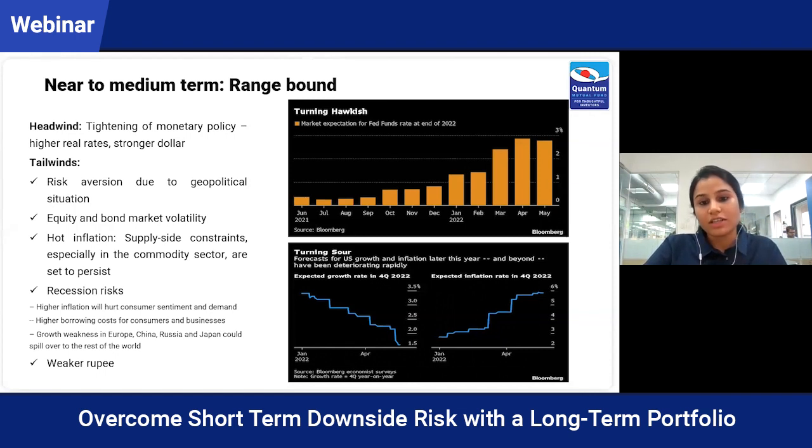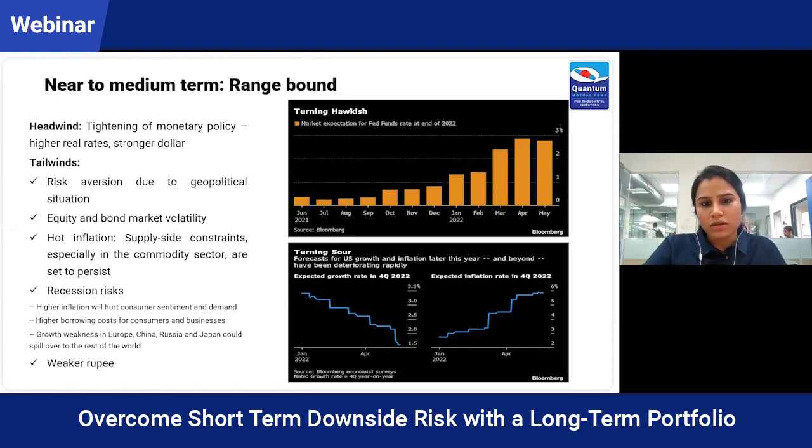This also generally tends to support investment demand for gold. The third tailwind, of course, is inflation, which is at multi-decade highs. The economic sanctions against Russia will continue even after the war ends and will continue to pressure global energy and food supply chains. Gold has a proven track record when it comes to periods of high inflation. It helps investors preserve purchasing power. So this too will support interest in gold.